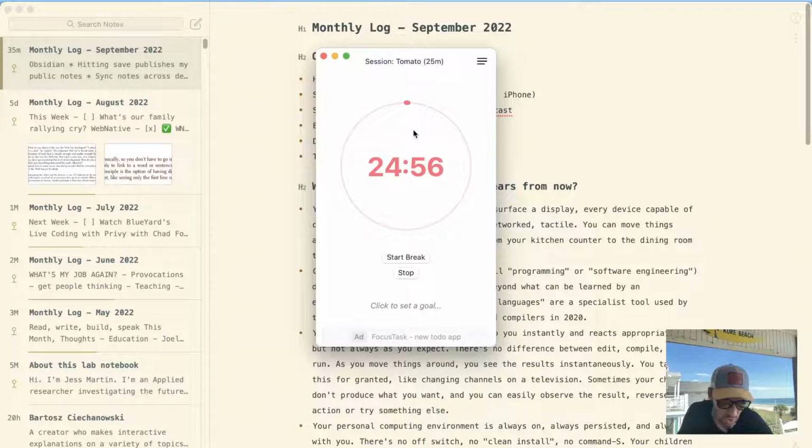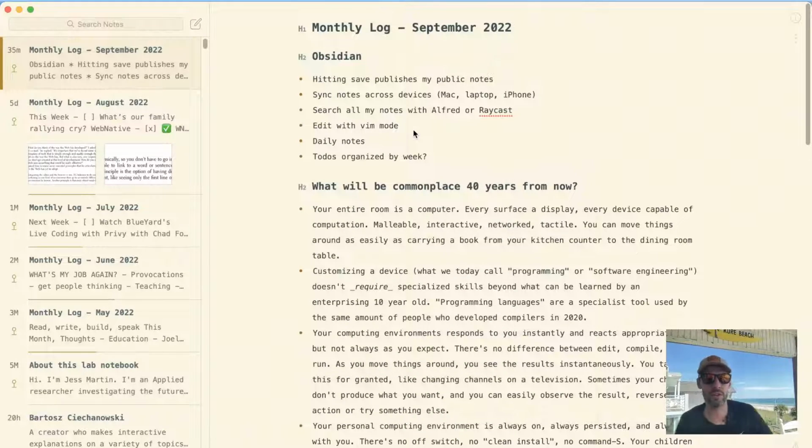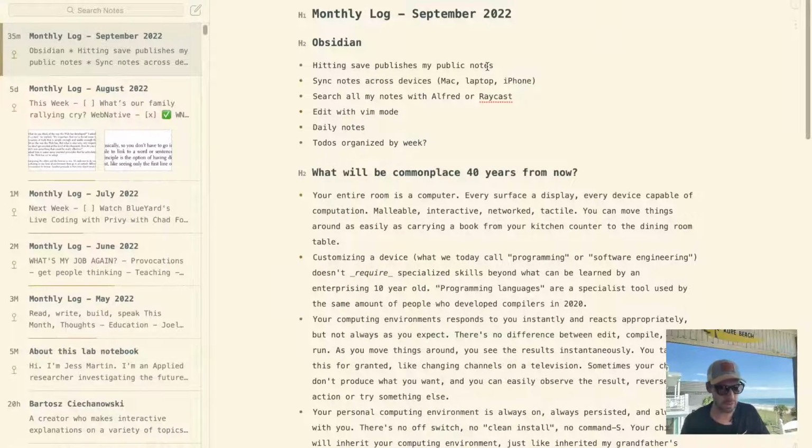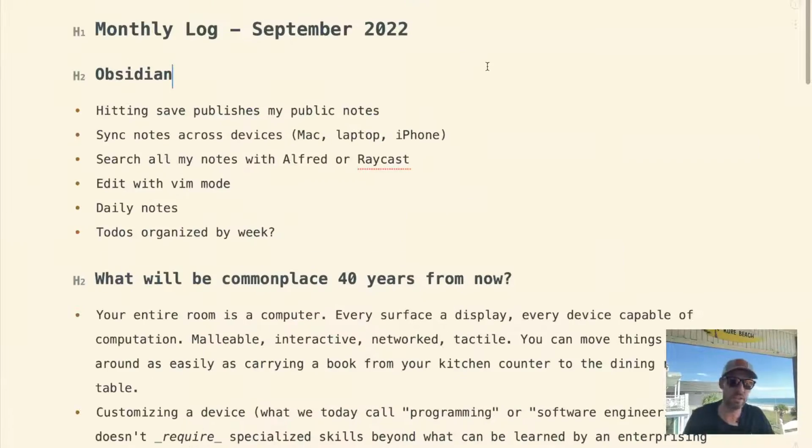As I mentioned, today we are going to be working on my personal note-taking setup, which I've been migrating from Bear application to Obsidian. I wanted to start off, before jumping into it, by talking a little bit about two things. One, my goals for this setup, and two, my general workflow around the way that I use Bear and the way that I intend to use Obsidian.